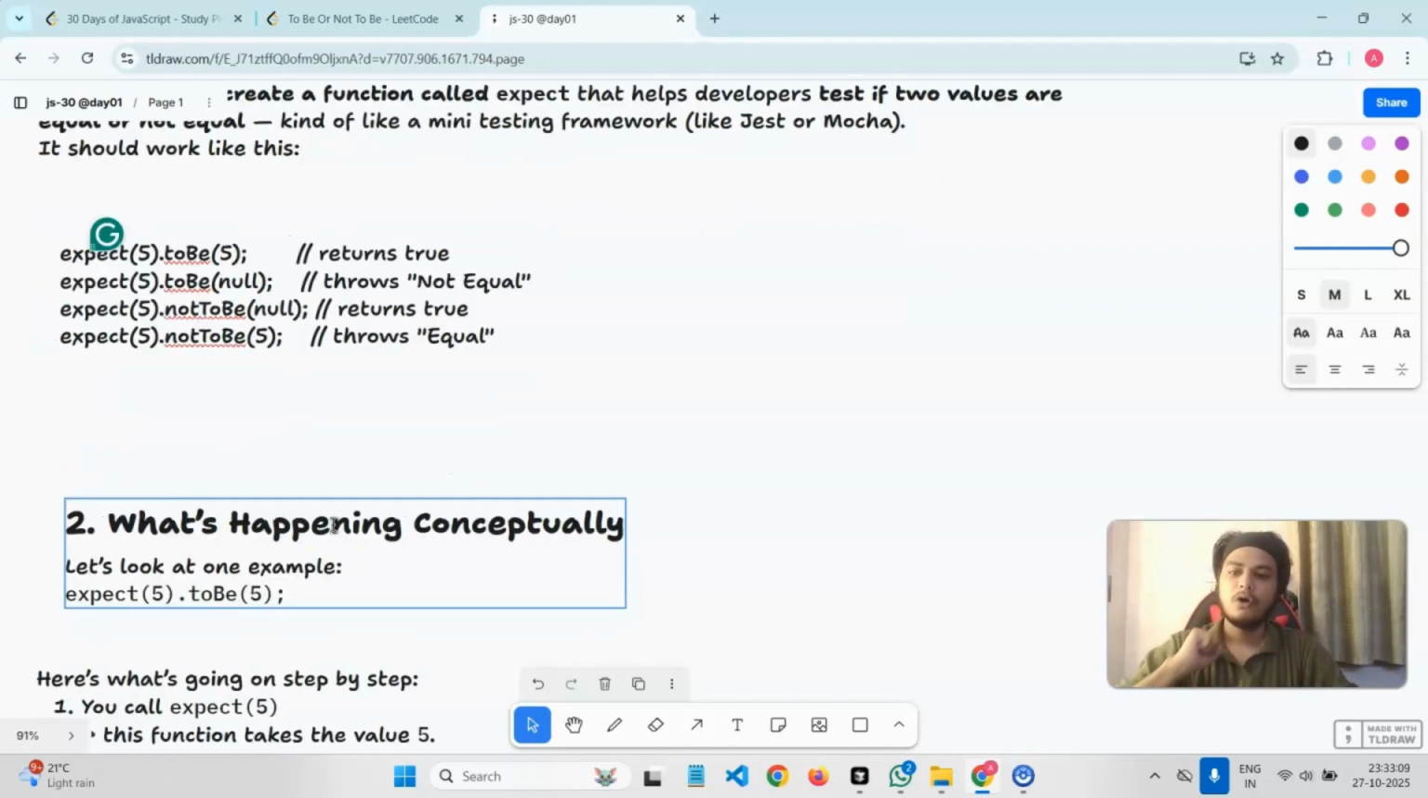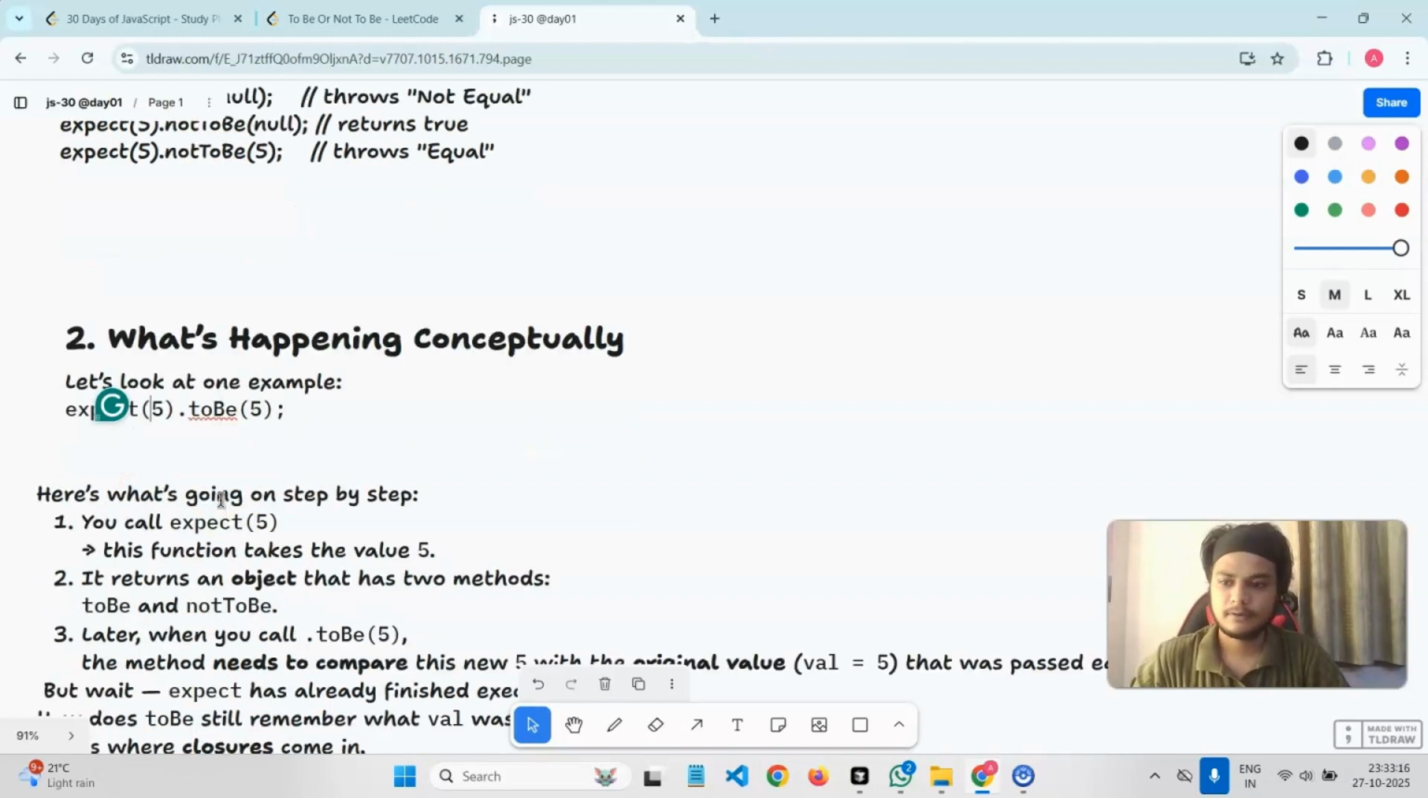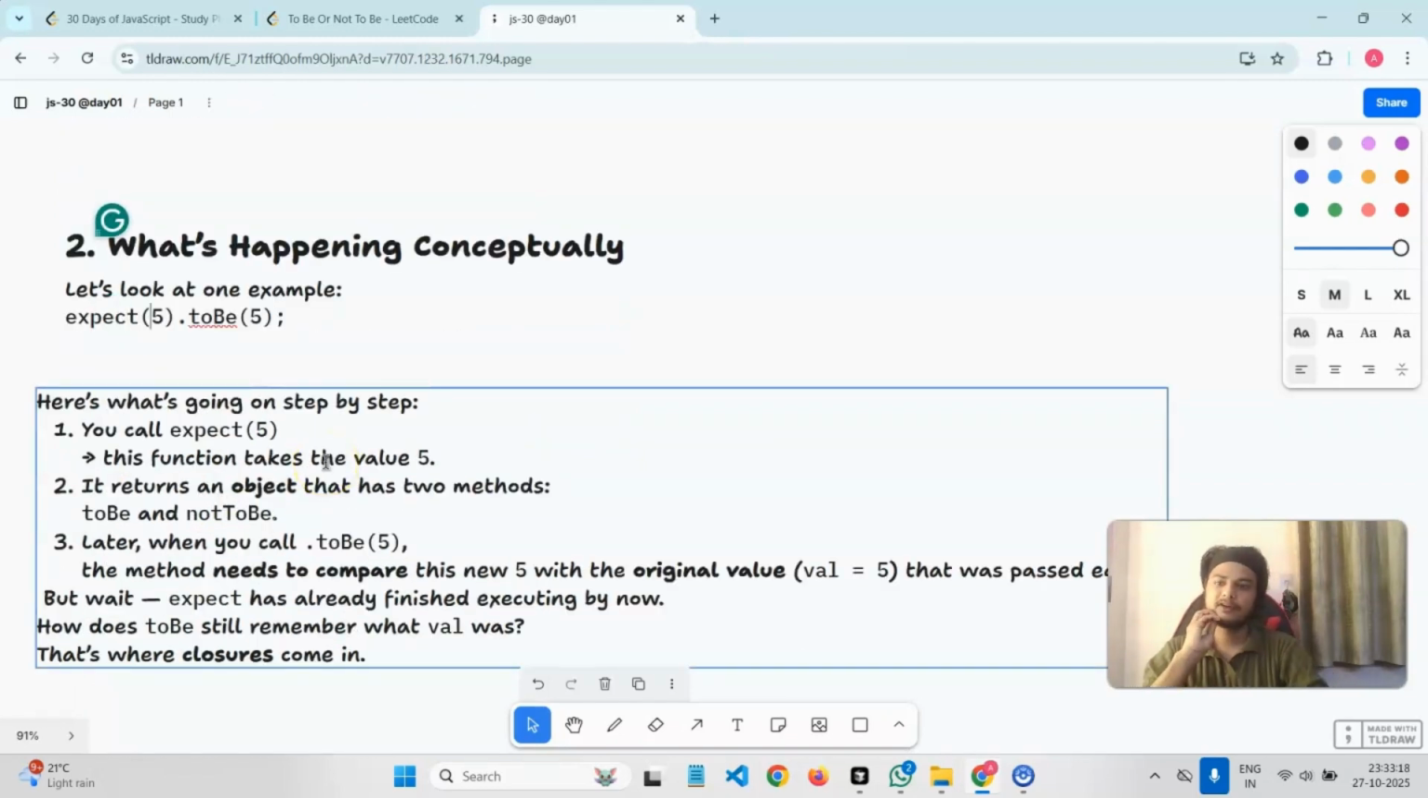Okay. So what's happening conceptually? Let's look at one example. It will take expect(5) and toBe(5). So here's what's happening step by step. You call expect(5). This function takes the value 5. It returns an object that has two methods. The first one is toBe and the second one is notToBe. Later, when you call toBe(5), the method needs to compare this 5 with the original value, val, which is 5, that was passed earlier. But wait,